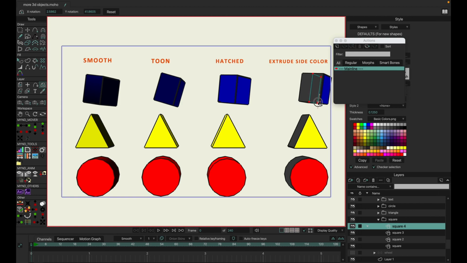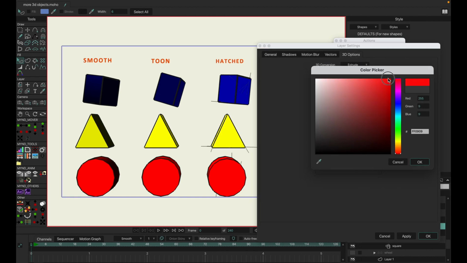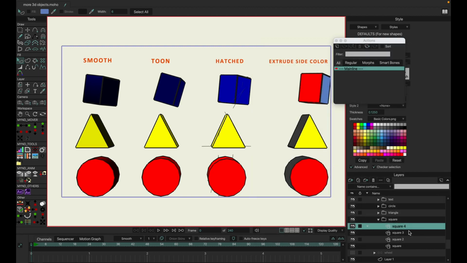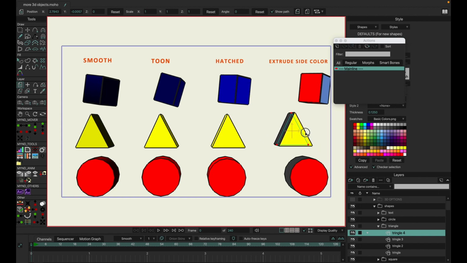And extrude color, because I still have control of the side and inside, and I can change its colors how I wish. 3D options, extrude side, shade color, and I can change that to whatever color I want. Apply. And so you can experiment on different shapes, all the way I did triangles. Same thing, you can experiment on the shapes, XY, rotate,